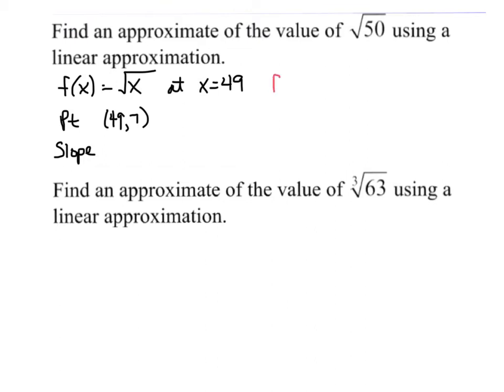Let me just write it right here. F prime is 1 over 2 square roots of x. Okay, we use power rule, rewrite it as x to the 1/2. So if I plug 49 into this, I have 1 over 14. Okay, so 1/14. So my tangent line